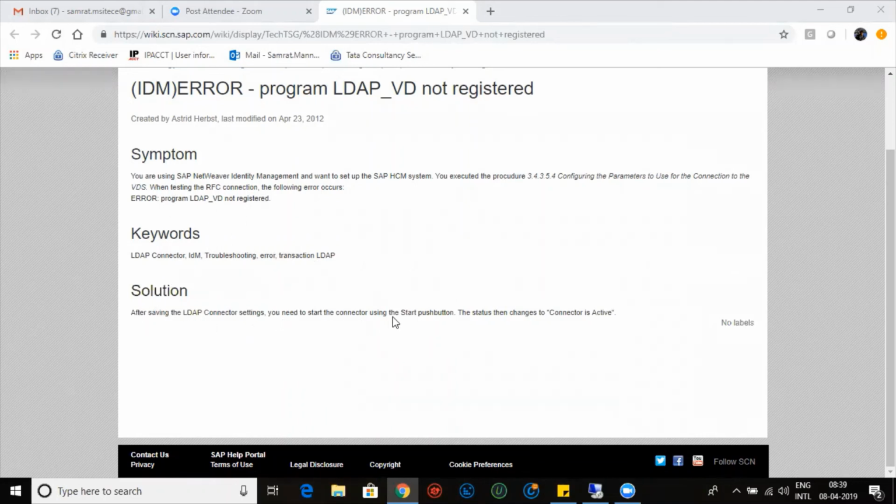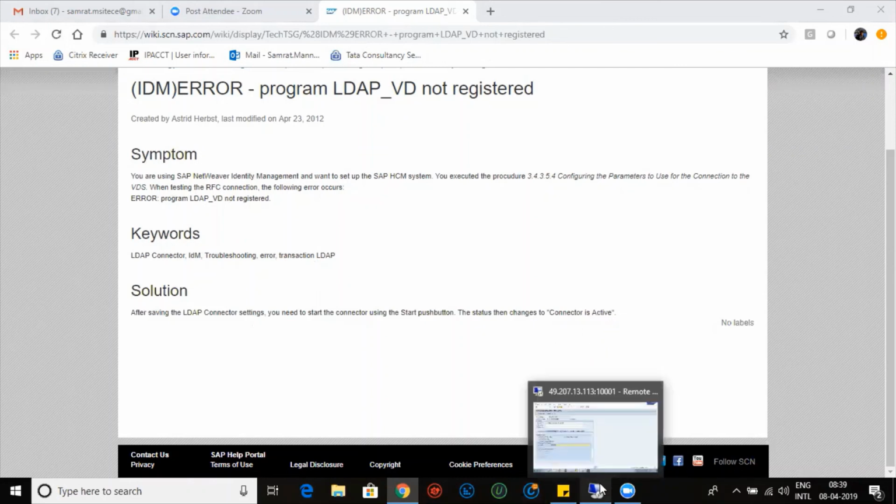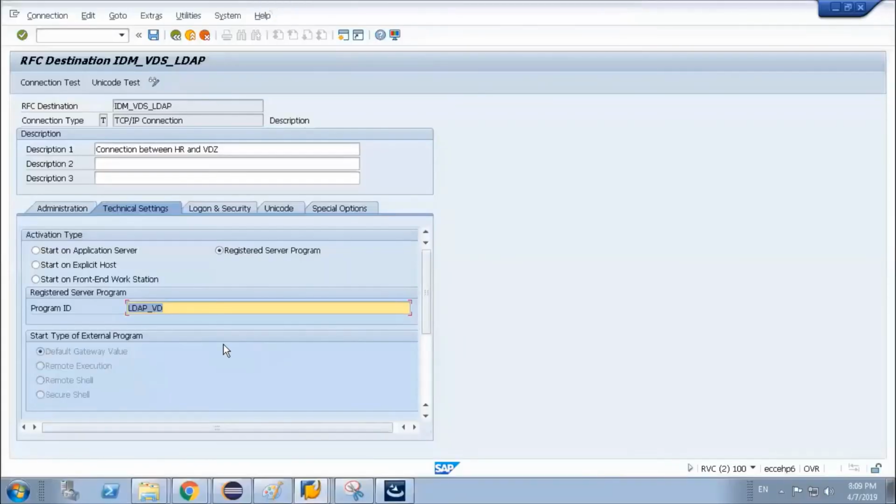Connector start changes the connector to active. Start push button means which one? Go to connection, the top.